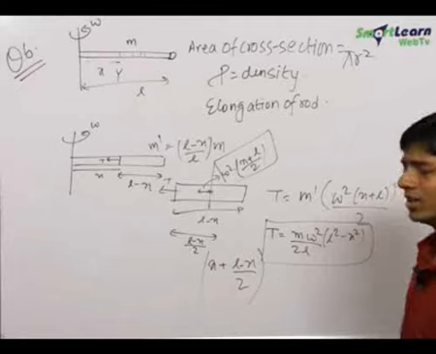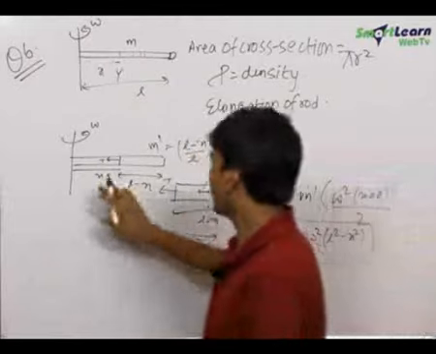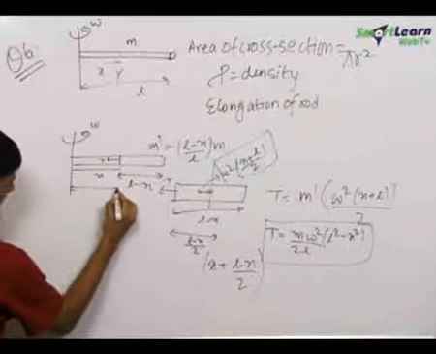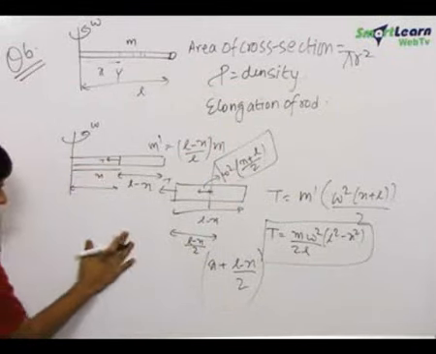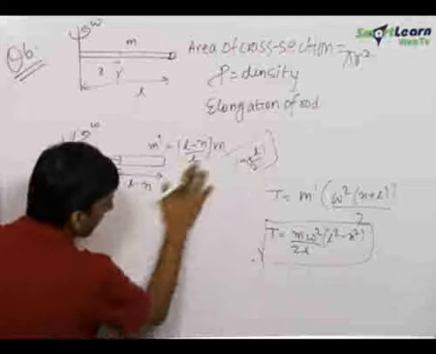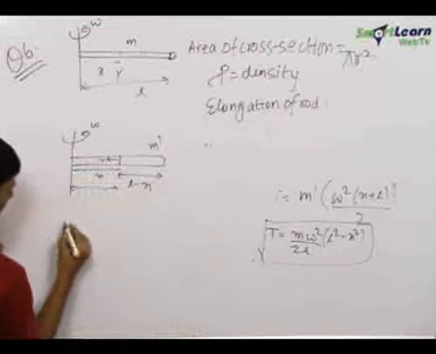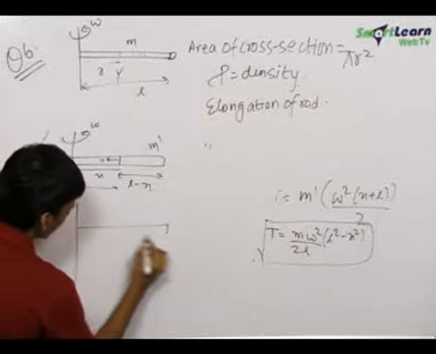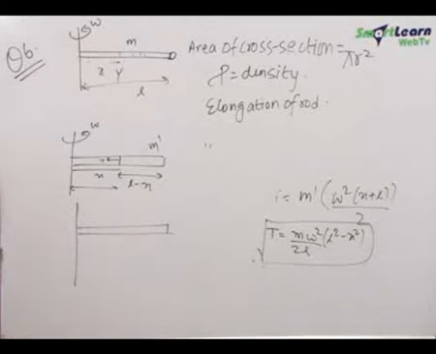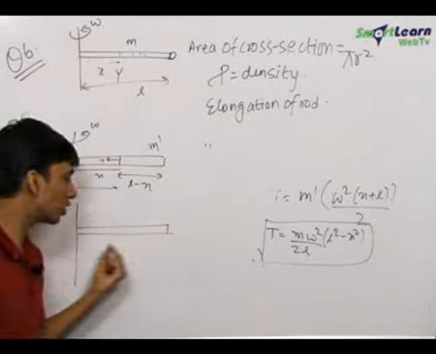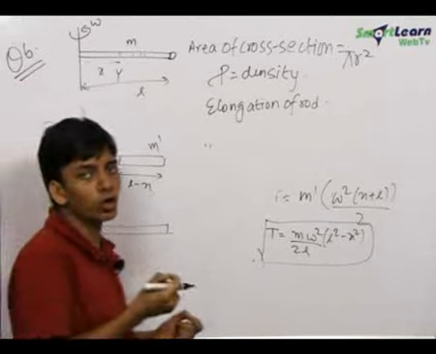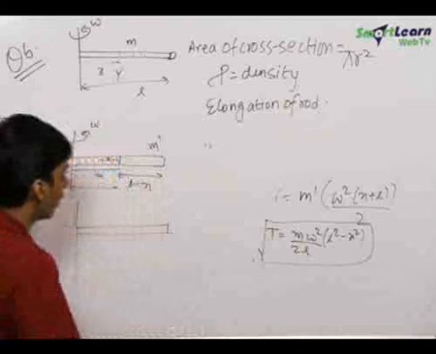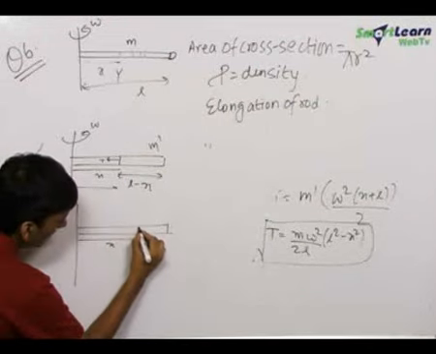So, first job is done. We get the tension in the rod as a function of the distance x from the axis. Now to find out the total elongation of the rod, since this tension is not constant throughout the rod, we have to integrate the extension in each of the small elements of the rod to find out the total elongation of the rod. Let us consider